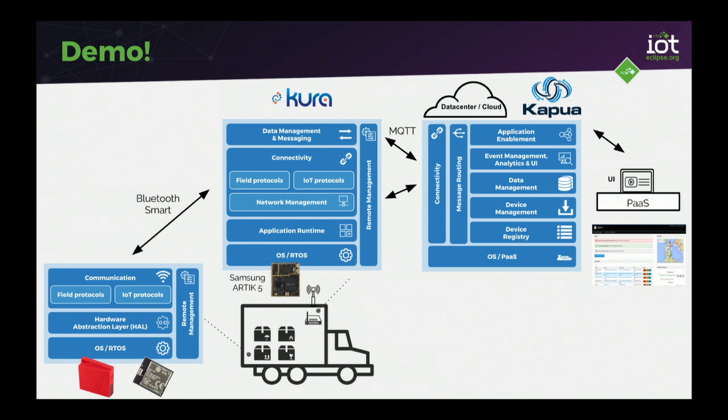So what's going to happen is that by means of Kura, we can deploy gateways, for example, in the delivery trucks, and deploy software that's going to talk BLE, get the data from the sensor, and push the data to the cloud. And what's interesting with Kura is that maybe my FedEx trucks, yes, I own them, so I have some flexibility to create my software.